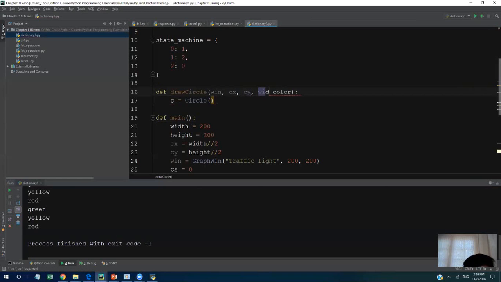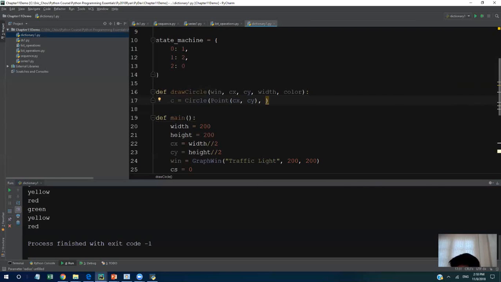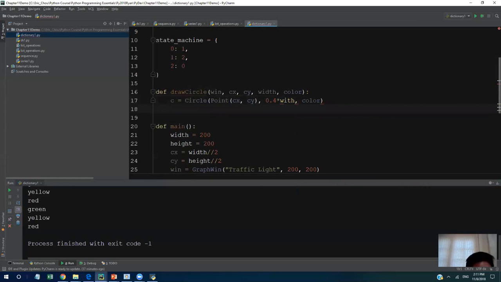Okay, let me also put my width in. So here CX, CY, I should have a window and then CX. I use the point CX, CY as my center point. I know my width, right? So 0.5 of my width would be half. Let me use 0.4 times my width, and the color should be the color I assigned it. So with that, I draw a circle